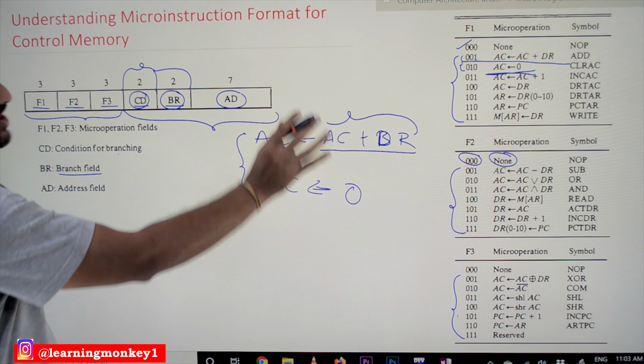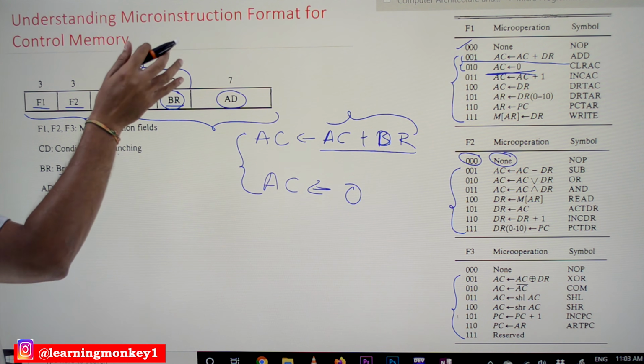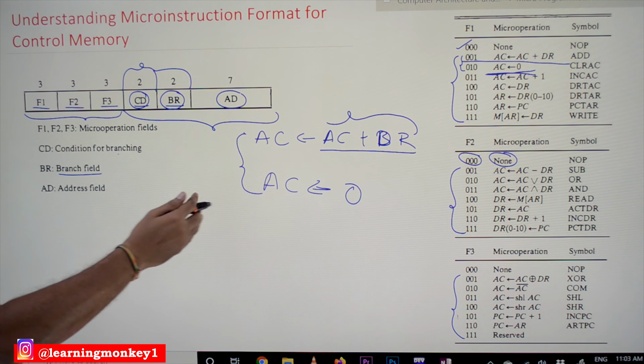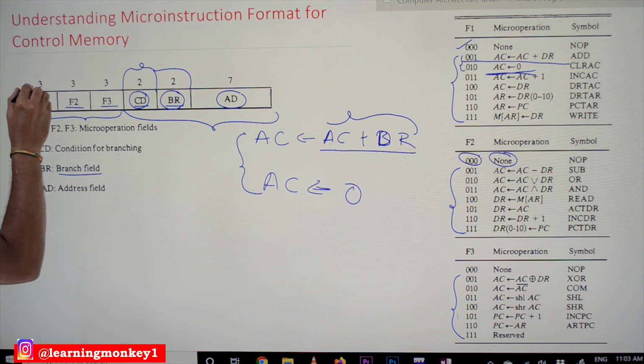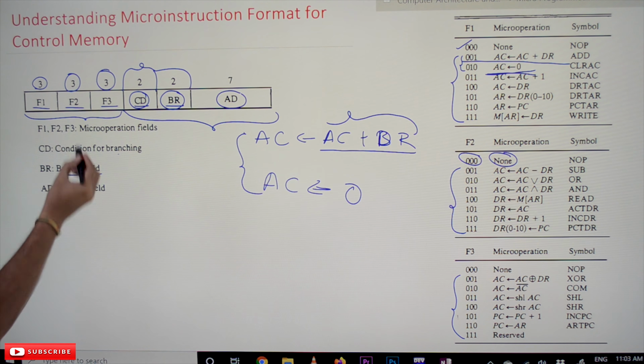Okay, so that is how the grouping is done, and how to access a particular micro operation of the particular group, that we have already discussed. So here we are having 3 bits for each and every group.